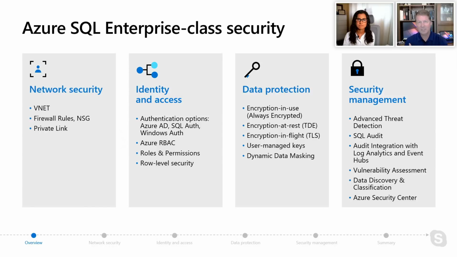So what you're going to see now is myself and Anna go through these categories. We're going to talk about network security. We're going to show some visualizations and some demos. We're going to talk about authentication a little bit. We're going to get into some data protection with encryption scenarios. And then finally, we'll conclude with some management situations, including auditing and things like what we call advanced data security.